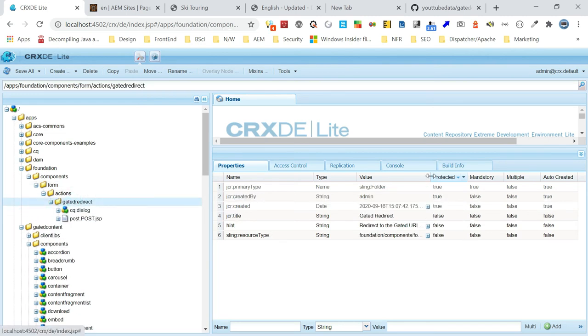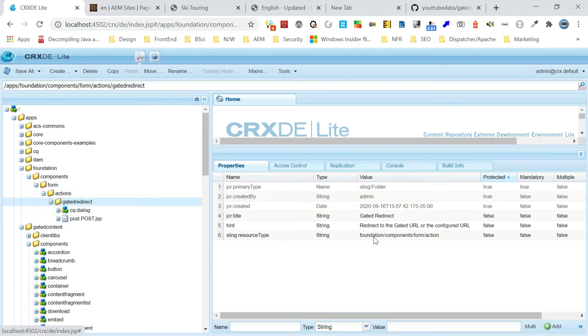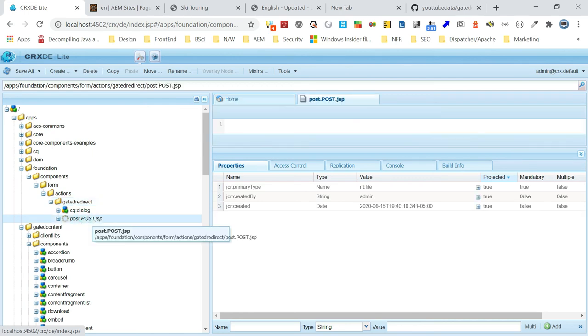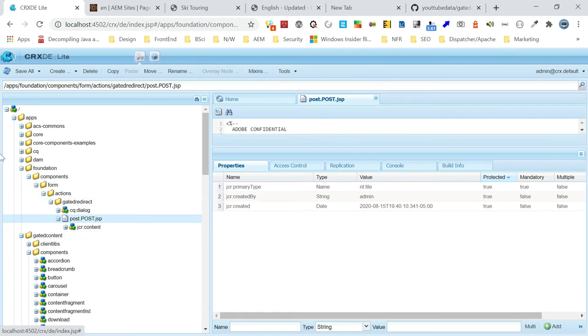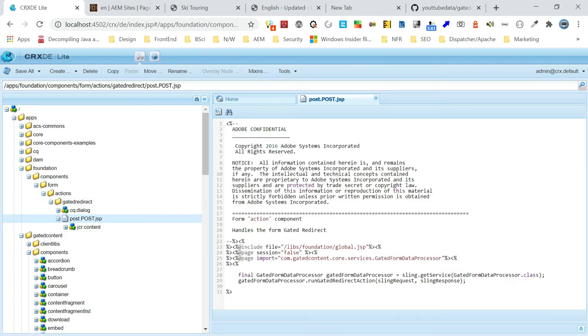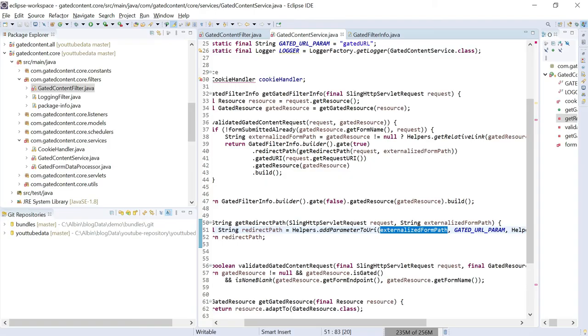So I created a custom action: redirect to gated URL or the configured URL. It's of type foundation components form action. I created a file with the name post.jsp. If you go there, I'm just invoking a Java form data processor. Let me show that data processor also. If I go to this data processor,